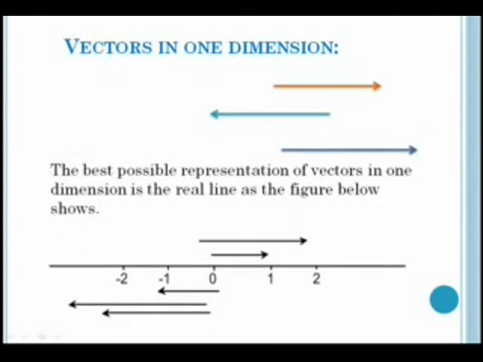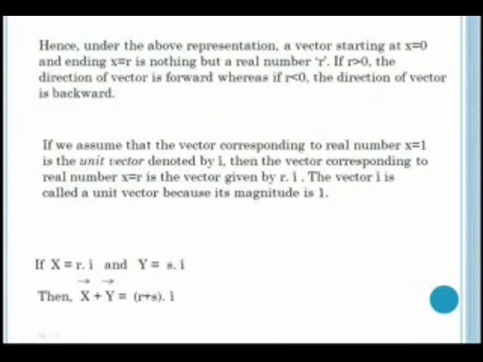This can be a vector with a magnitude of 1. This can be a vector with a magnitude of 2. Similarly, this is a vector which is equal in magnitude, that is equal to 1, to this vector, but this is opposite in direction. Similarly, this is a vector, and so we can say that all these vectors which lie in one dimension, they lie along a real number line. Now we can say that a vector